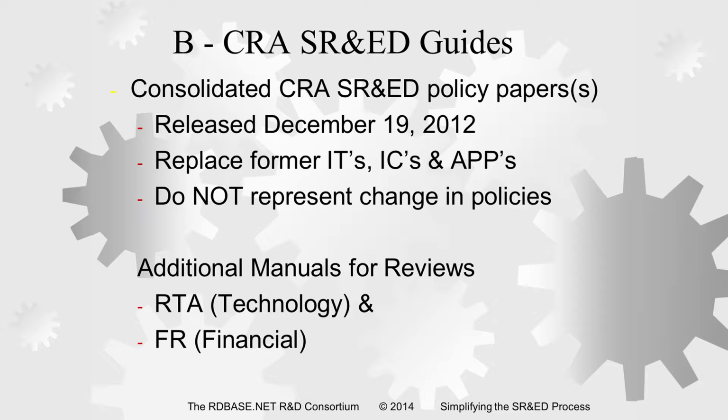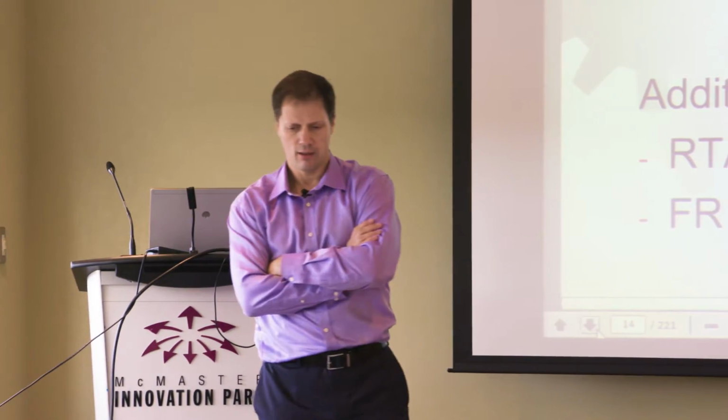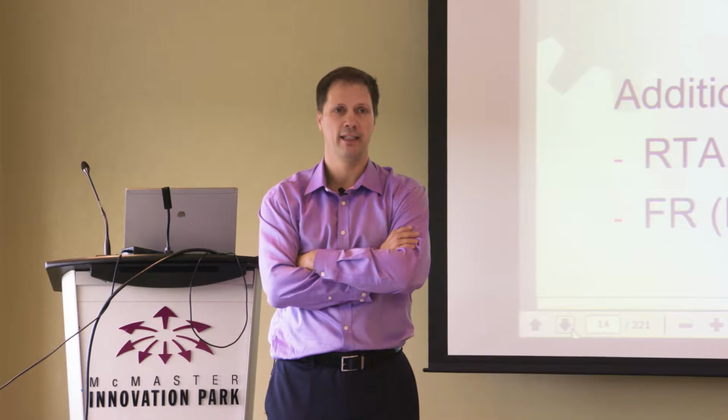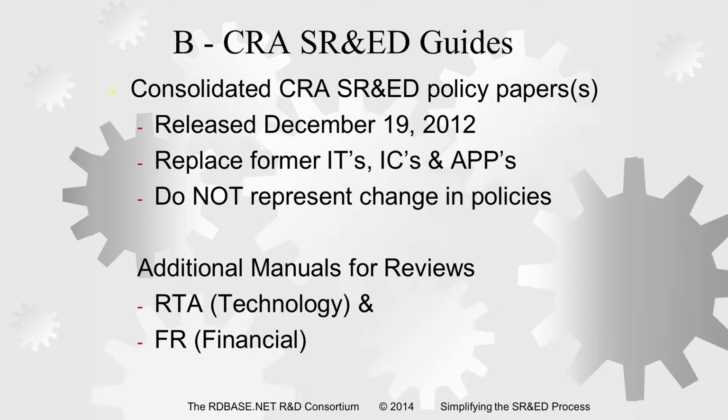So what happened was there was a series of papers that were developed with industry over about 20 to 30 years, from about 85 onwards. And in 2012, those were all erased and replaced with a different, more concise set of papers. Okay? According to the CRA, there is no change in policy. That all of the policies that applied before are still in place now. So we'll talk about that as we go on, that I've noticed certain things were missing. They were in the older papers, but they just didn't appear here anymore. So has the policy changed or not? And we'll talk about whether that applies.